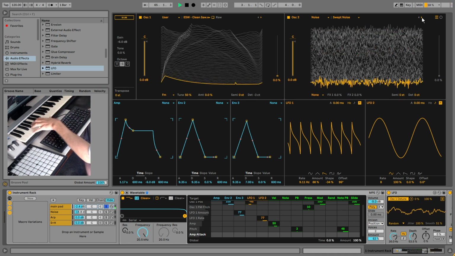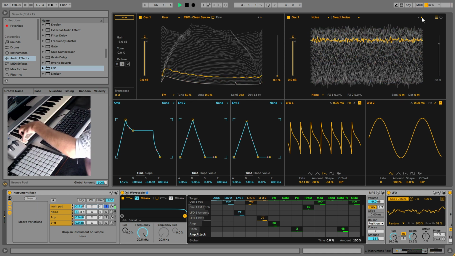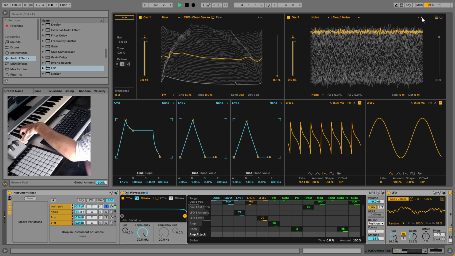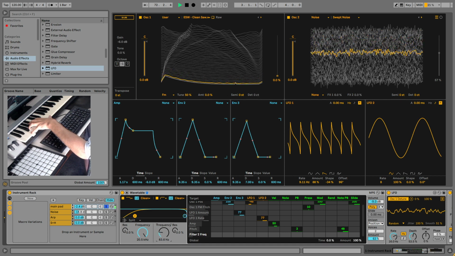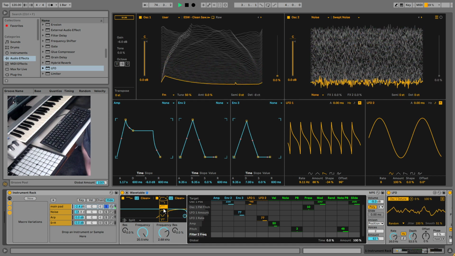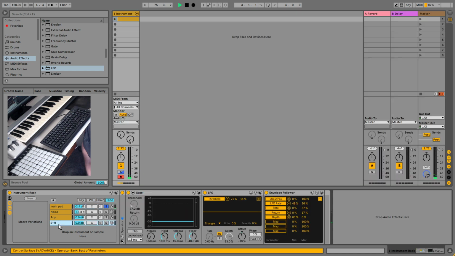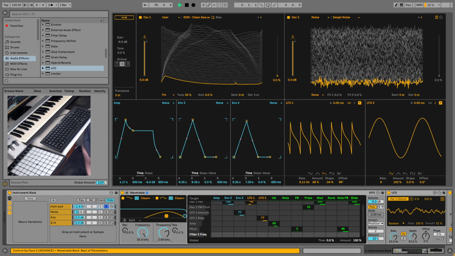That could be cool. I'll tell you what, let's send the noise to a second filter. So we need to change these to split. We'll make this one a bandpass. And we'll go back to our fancy machine and we'll map this to that filter frequency of the bandpass, and